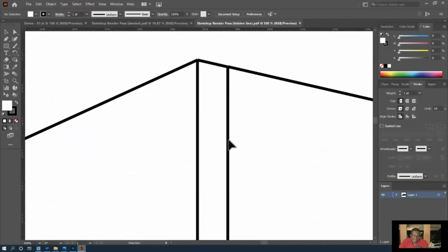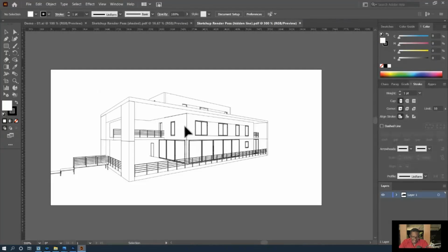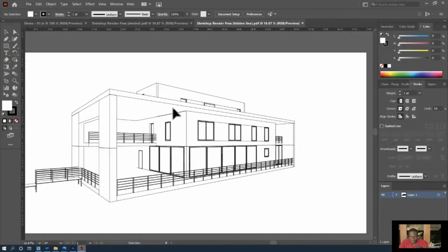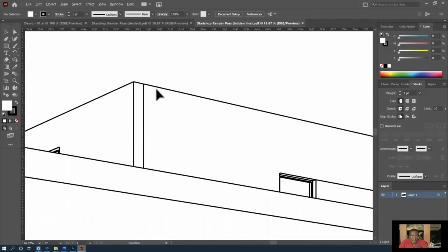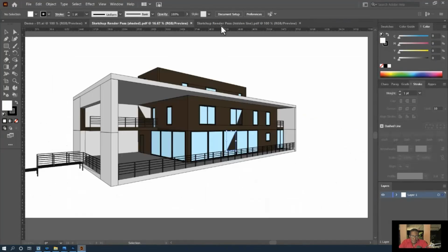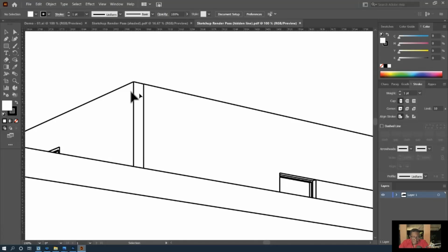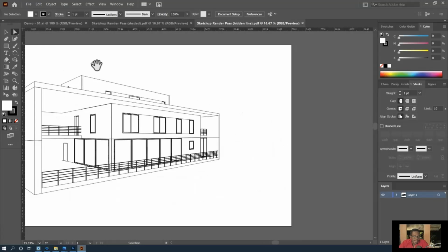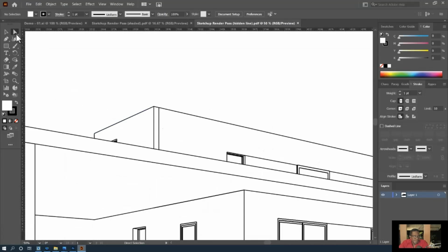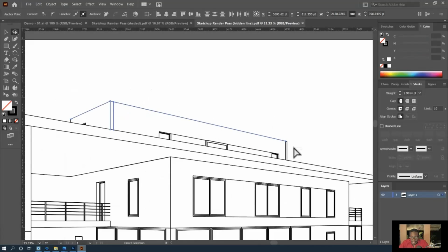Now, on the flip side, the vector pass is nice and clean, and we can use vector tools to make manipulations which we could not do if we were to use pixel tools. So, for example, one advantage of using vector tools is we can select all of these lines up here. So if I use my lasso selection tool and select pretty much all of these lines up here, I could make these lines,